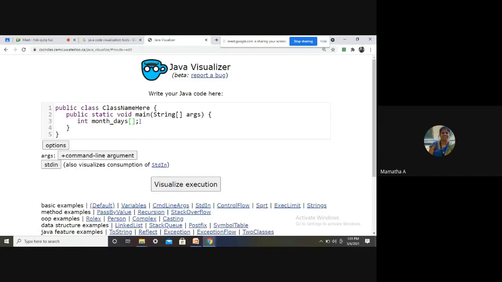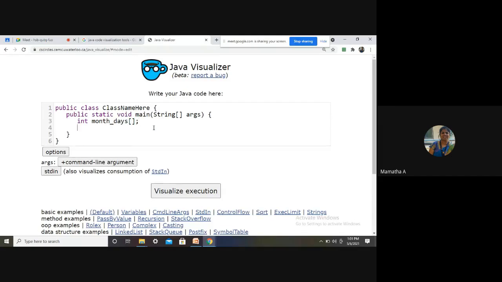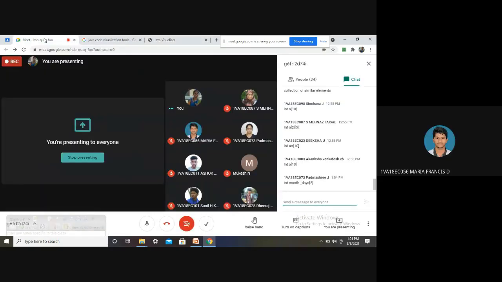So what should you do? In the next step, you should allocate the required memory. Tell me, how do I allocate the required memory? What should I first write here? The array name.